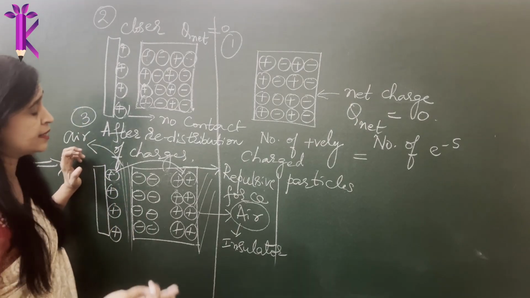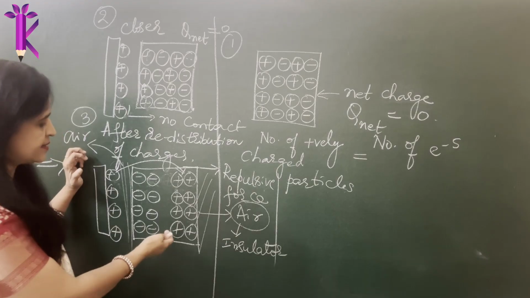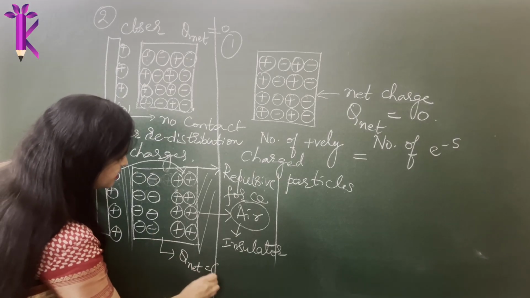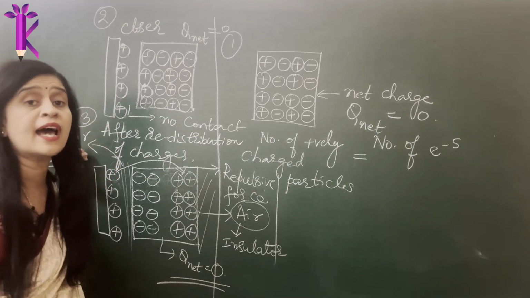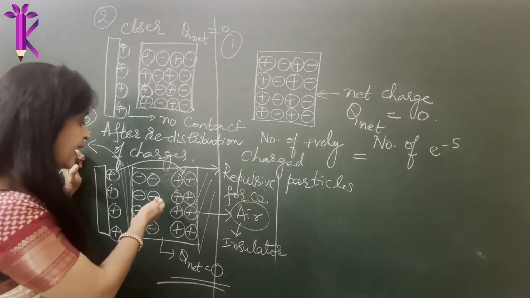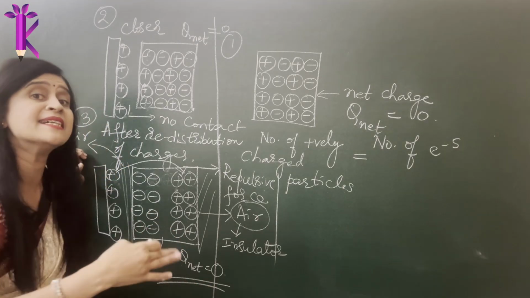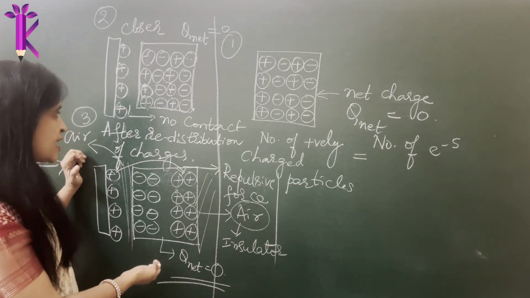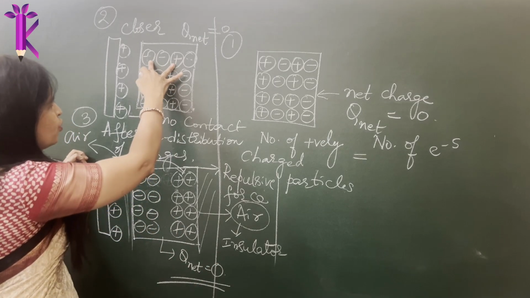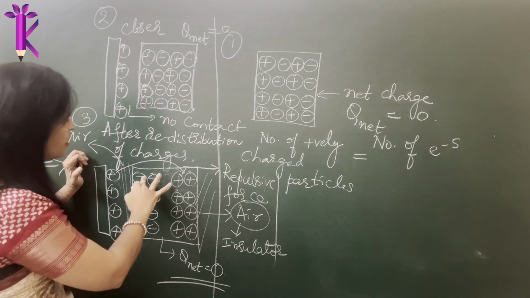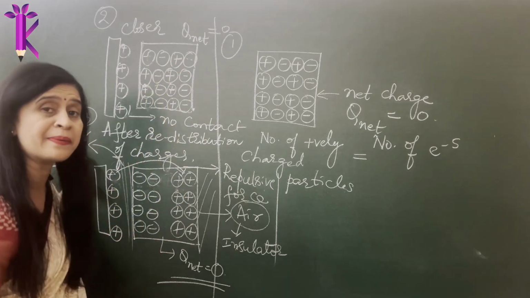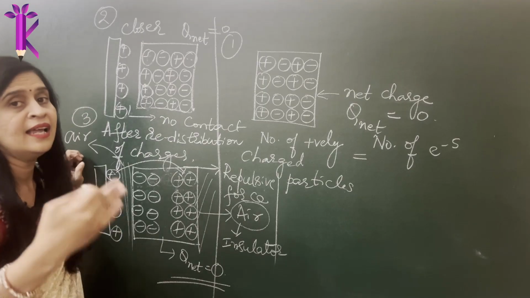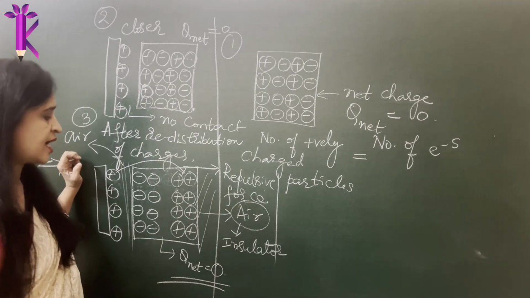Now what will happen in step 4? Now can I say, what is the net charge on the system still? The net charge on the system is still 0. So we are not yet successful in electrifying this object or making it acquire an excess of electrons or an excess of positively charged particles, because earlier there were 2 protons and 2 electrons. Even now they are the same, but they are separated by a distance because of a basic law in physics called like charges repel and unlike charges attract.